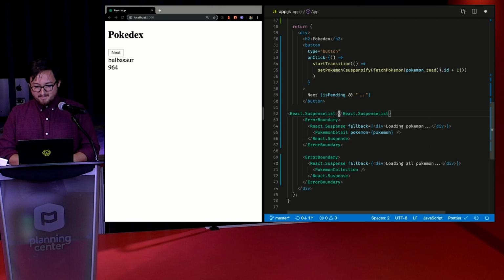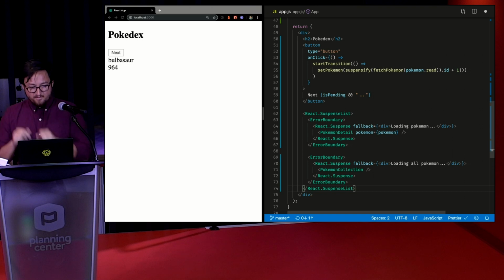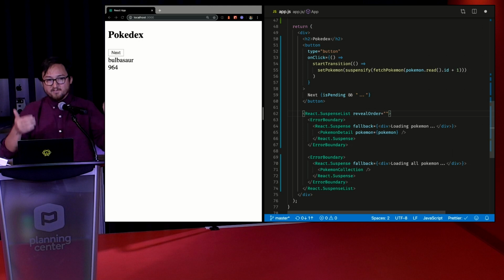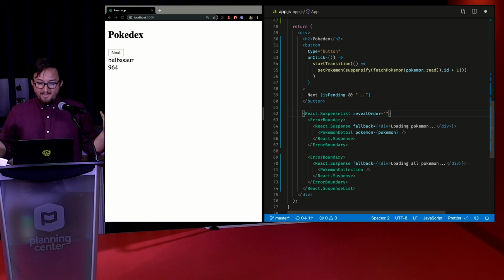And this is for any time you have a bunch of suspense components that you want to coordinate their rendering together. So I'm going to save this, and it should blow up. I think as soon as we use one of the props, it'll blow up. So the prop that you have to control these is called reveal order, and there are 3 options. There is together,